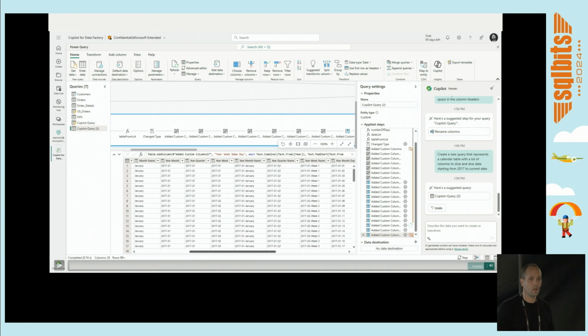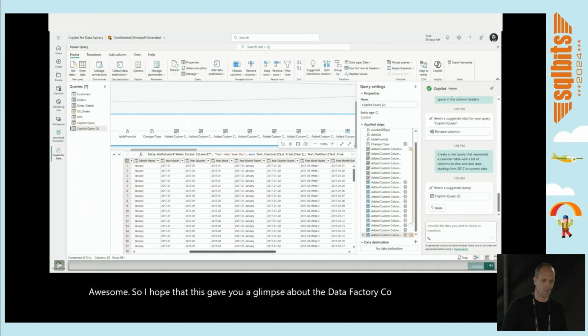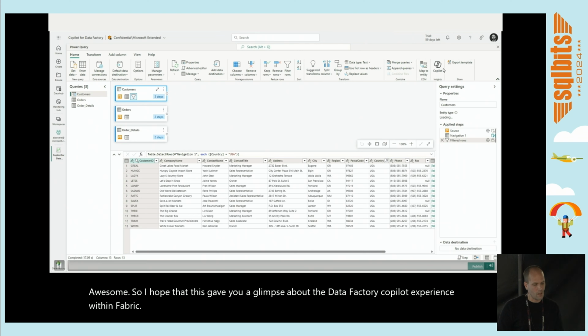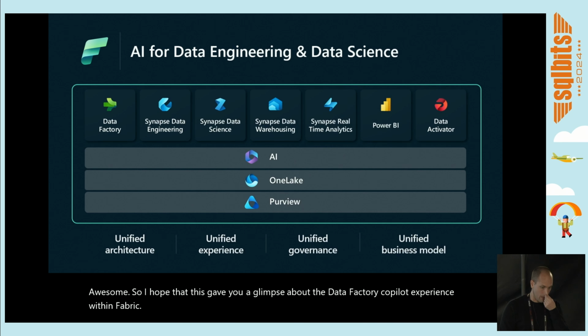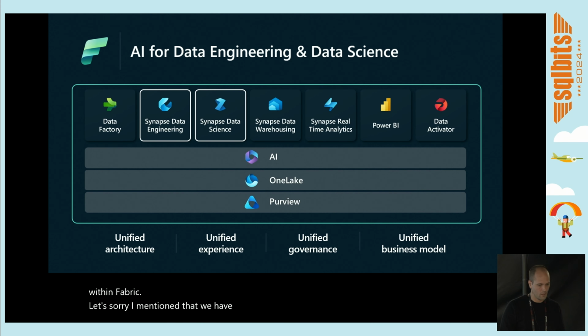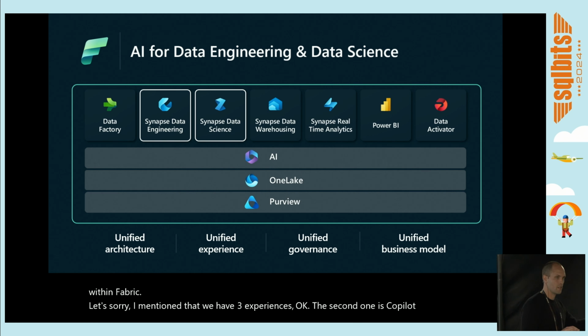Awesome. So I hope that this gives you a glimpse about the Data Factory Copilot experience within Fabric. Let's move on. In this video, I mentioned that we have 3 experiences. The second one is Copilot for Data Engineering and Data Science,